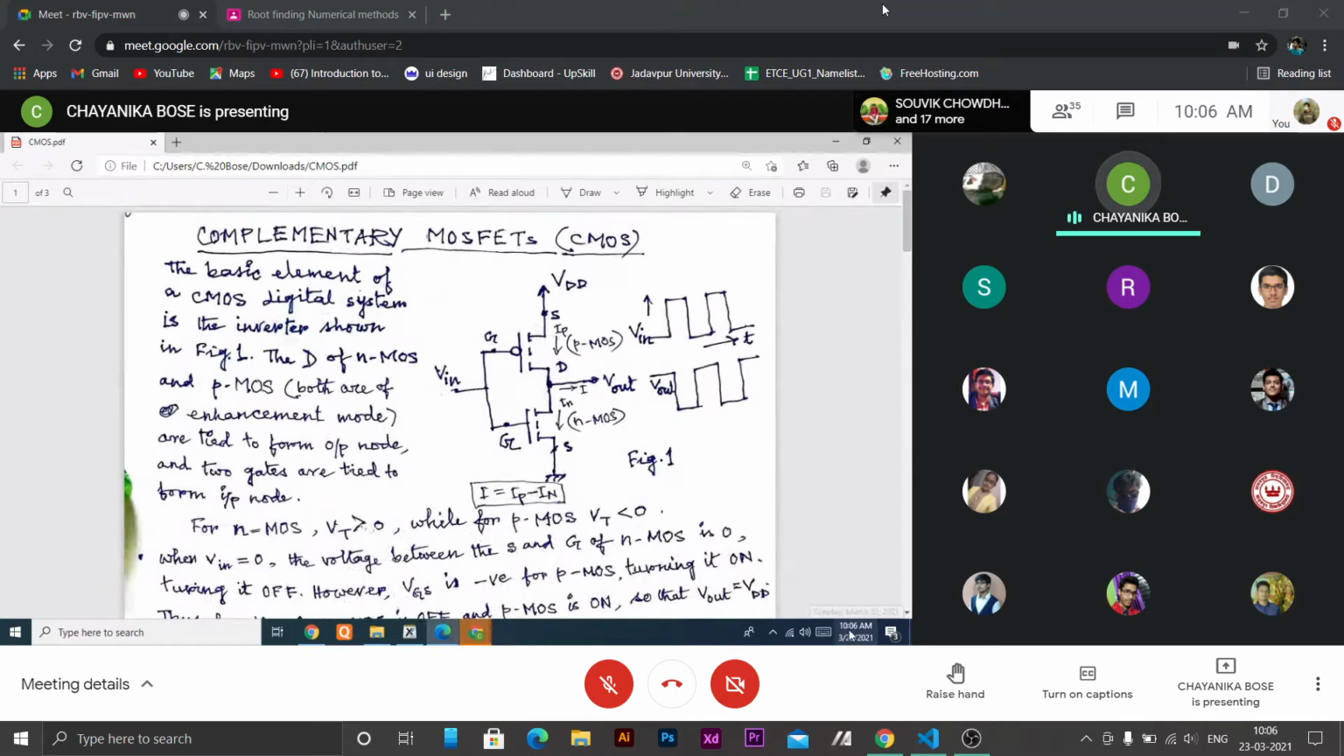So now I'm starting. It is 10:06. কেউ কি বেশিক্ষণ ওয়েট করলে আমাকে বলো।